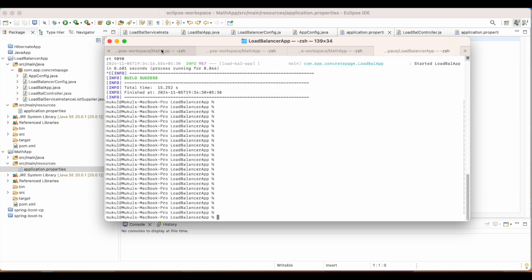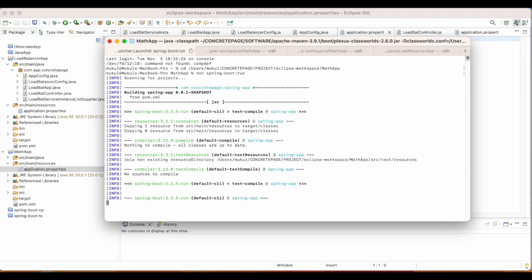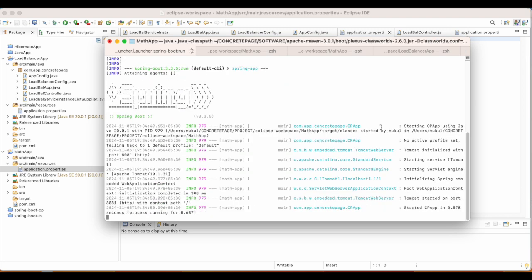First, let's start the math app. First one is here. We can see that it has started on the 8081 port.